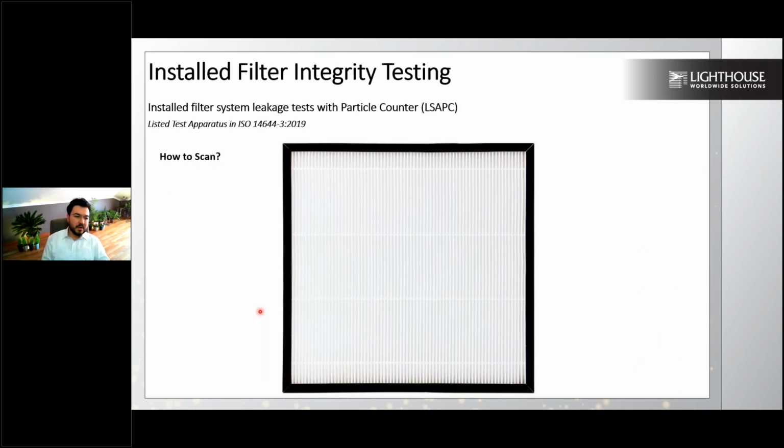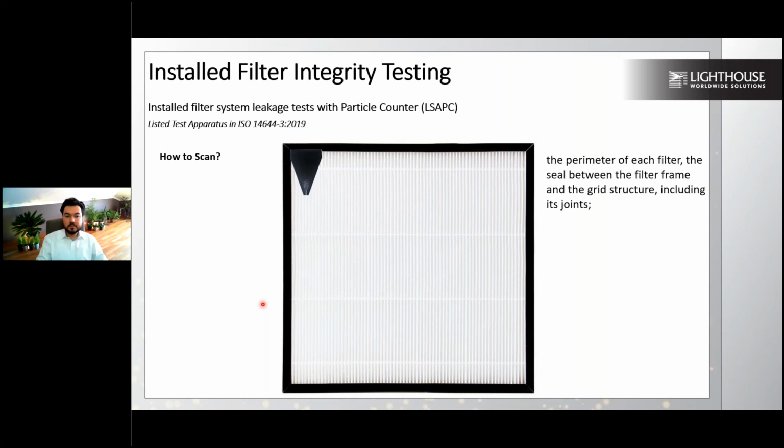Let's take a look at how we are scanning a filter. Unfortunately, I'm not able to do the demo through this webinar, but we developed a small test setup for you here. So you have your scanner. First, the perimeter of each filter, the seal between the filter frame and the grid structure, including its joints, should be scanned. Before you start scanning the filter media, all around your filter, the gasket frame, and any potential leakage points have to be scanned. The reason here is